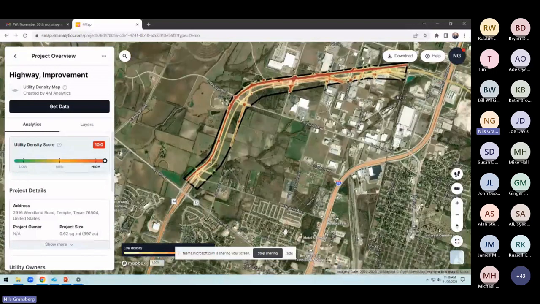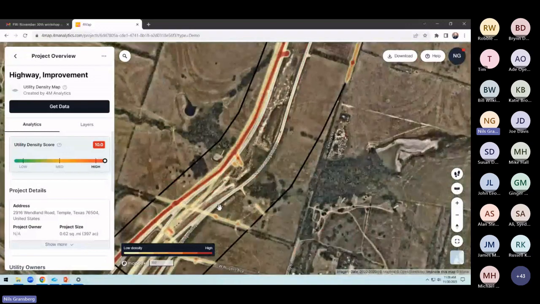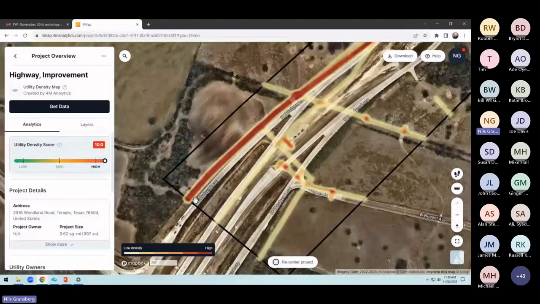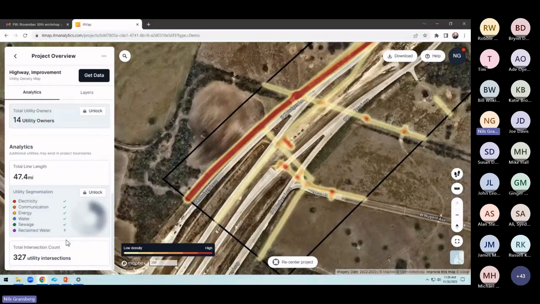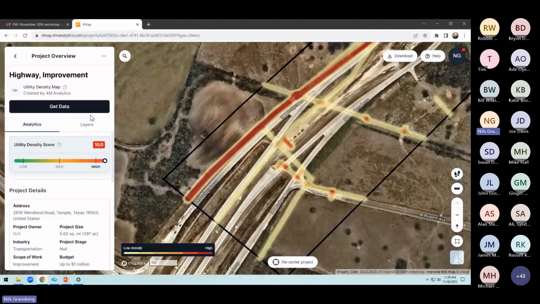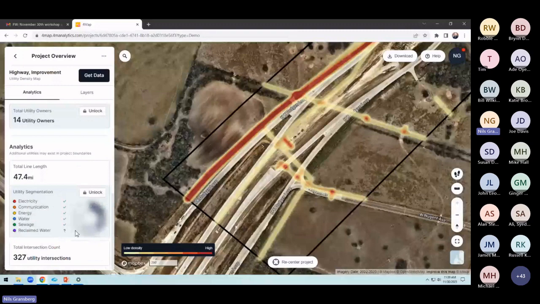If I zoom in, you can see along this project, anywhere I have a heat map, these are likely locations of underground utilities. I can look at what's here and unlock different layers, looking at the utilities. Get data. Oh, let's see. I'm on a free account here, so